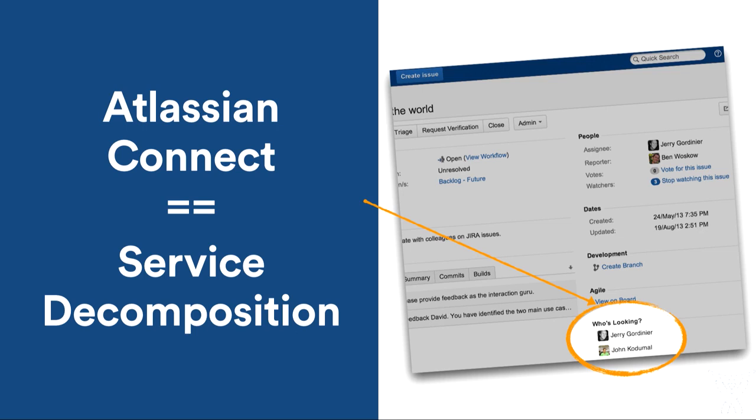So a couple of years ago, I was at Atlas Camp talking about Who's Looking, which was one of the really early Connect add-ons. It's a very, very simple one. All it does is it shows you who else is looking at a Jira issue when you're looking at it. And that really began as an experiment to see whether we could take a piece of functionality which, on the